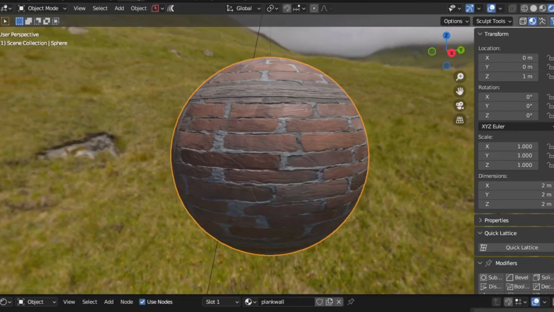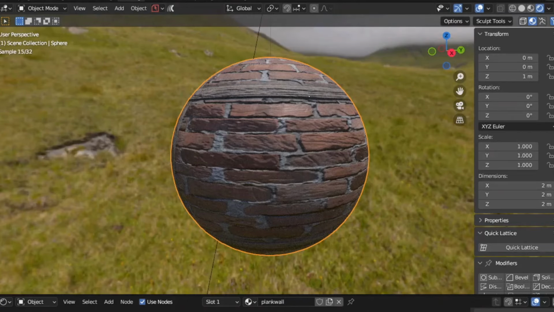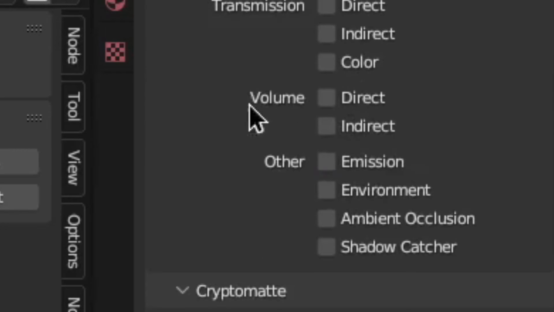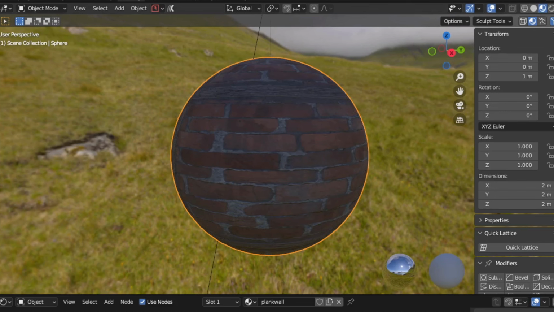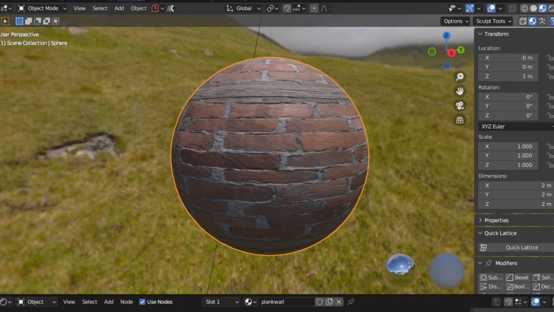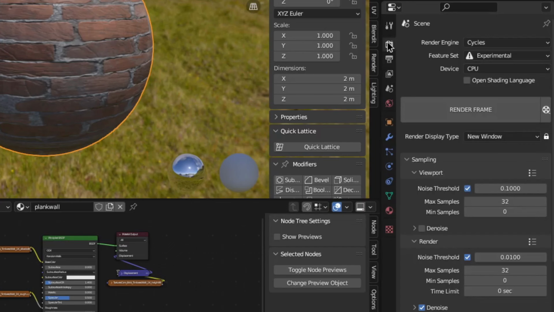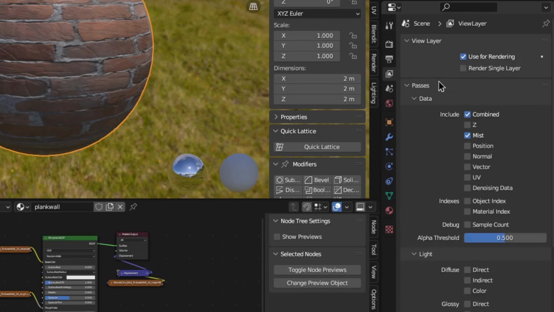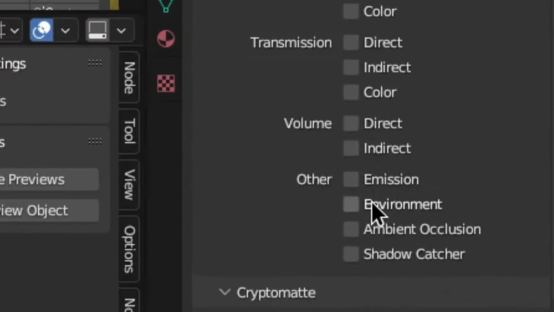Well, Cycles doesn't typically use AO or AO maps, since much of that is basically automatic as a result of path-traced rendering. However, we do have access to an AO pass for our view layers, so how do we make use of that? Here's a quick bonus tutorial on how to properly composite ambient occlusion in Cycles, if you want it. First, go to the View Layer Properties panel and under Light, enable the ambient occlusion pass. Go ahead and also enable Environment for good measure.